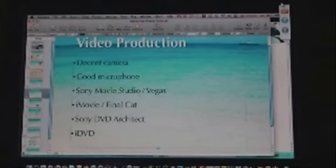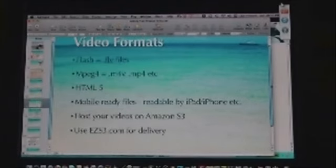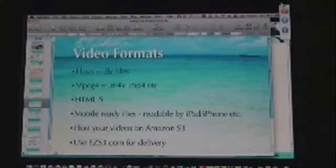Okay, so let's go on to the next slide. And here, without confusing you, there are different video formats. One popular format is called Flash. Those files end as .flv files. Most of the videos that are on the forum are .flv files. Virtually every program can see them, except